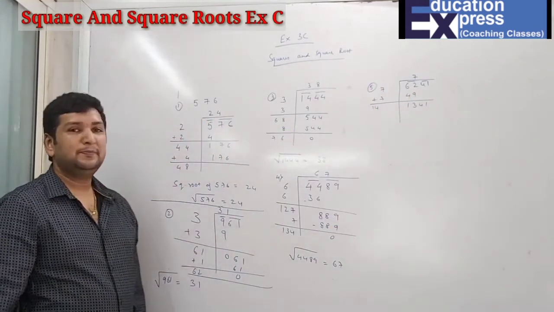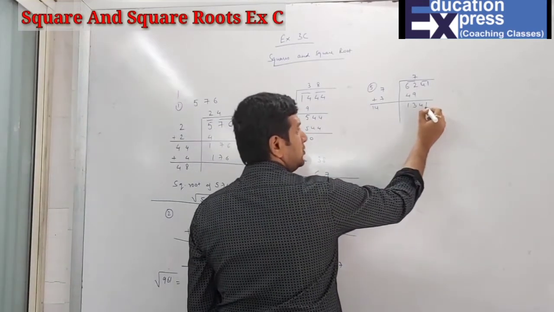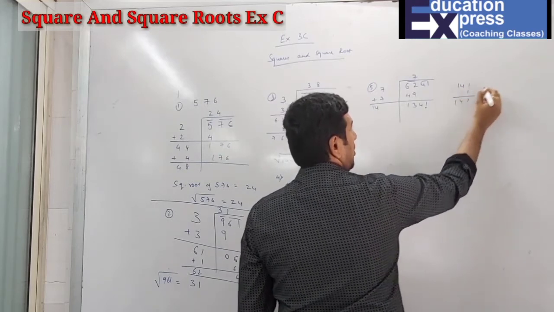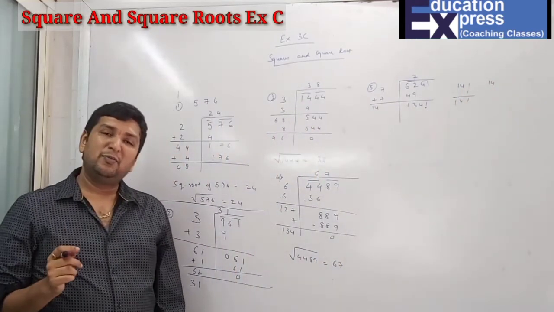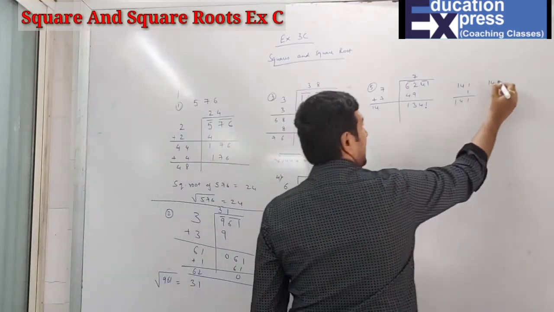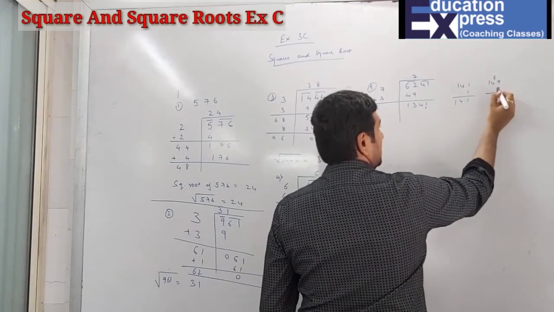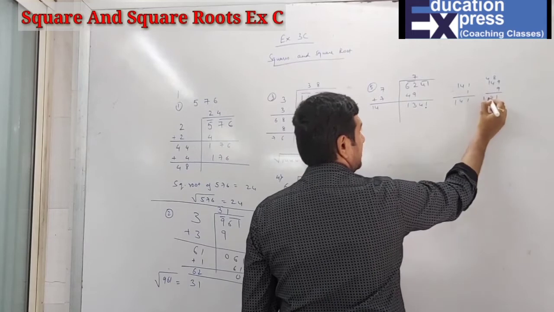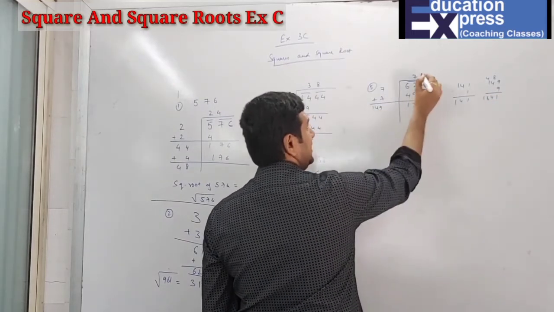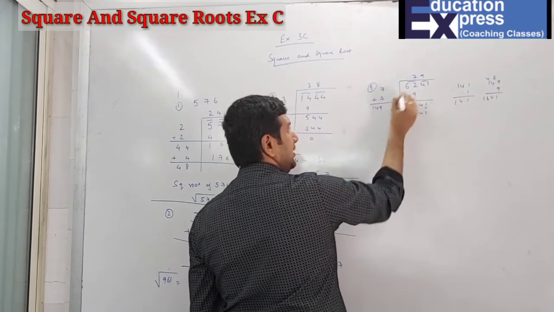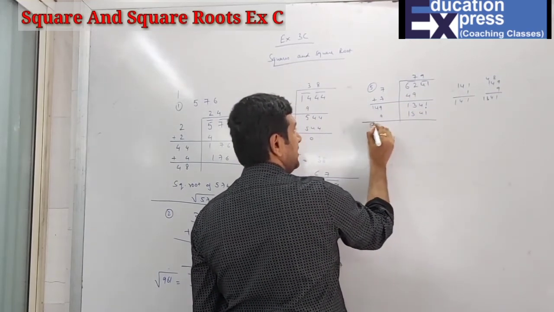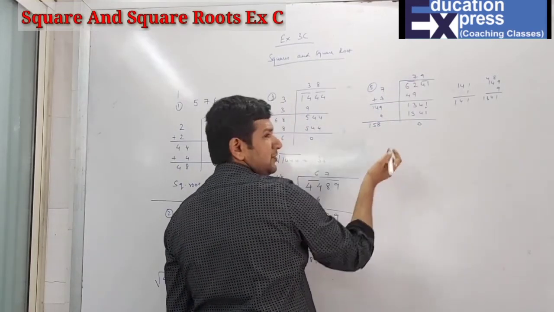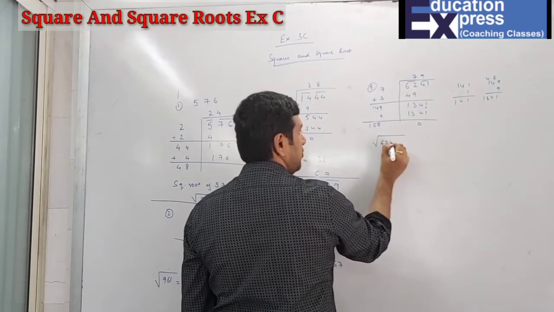Everyone understood, students, over here? Now I want the last digit. So 14 is fixed. Now the ones are 1, so what square's unit digit will be 1? 9 nines are 81. So 9 into 9, 81, 36, 40, 9 ones are 9. Sorry, 134. So 149 into 9. What do you have to multiply by 9? You have to add 9, and the answer is 158. Again, students, you can check: double of 79 is 158, and the square root of 6241 is nothing but 79.